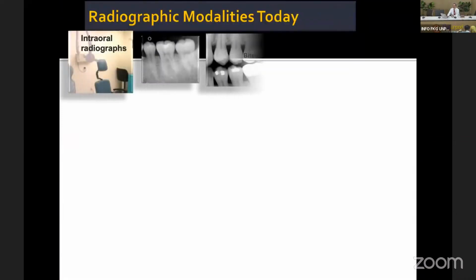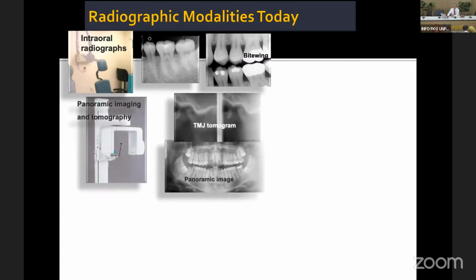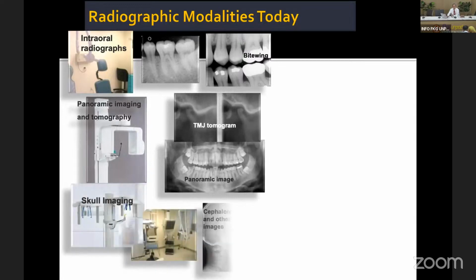Now, as we know, in dental maxillofacial imaging, right now we still use intraoral and extraoral radiographs. Intraoral, we have bitewing and periapical radiographs. Extraoral, we use panoramic radiographs and cephalometric radiography.